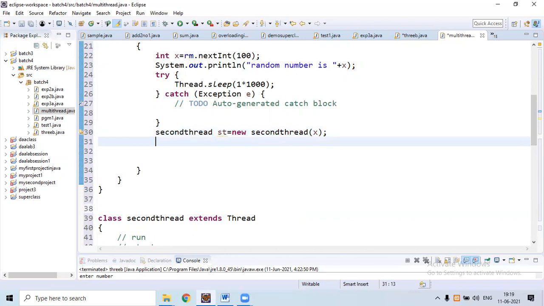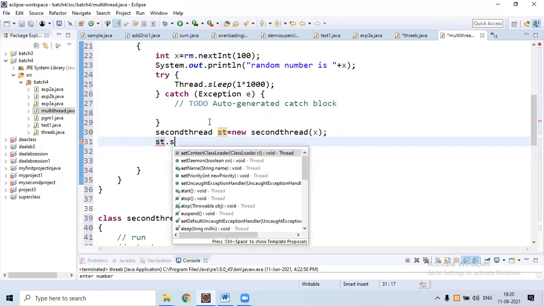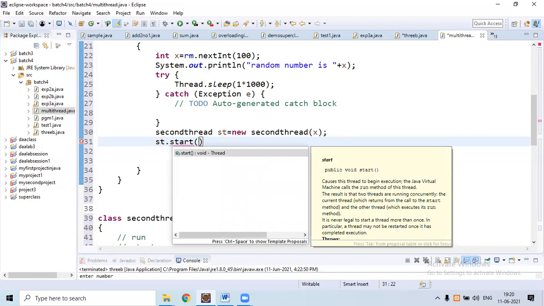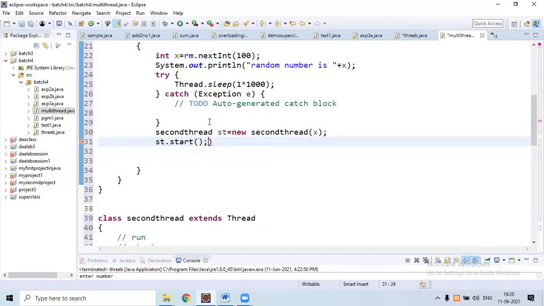Then after creating object, we need to start the thread. To start the thread, call start method using object. So this will compute square.